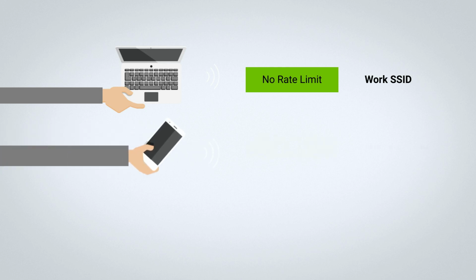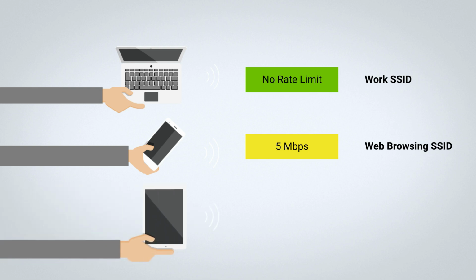Regarding rate limiting, since prioritizing work-related traffic is paramount, no additional restrictions will be placed on it. This ensures ample bandwidth for your professional tasks. For the general usage SSID, we can cap its speed at 5 megabits per second, while assigning gaming SSID 10 megabits per second, which remains more than sufficient for most regular online activities. By employing this approach, we can ensure equitable distribution of bandwidth among each network, guaranteeing a seamless and gratifying experience for all users without compromising the quality of your work connection.